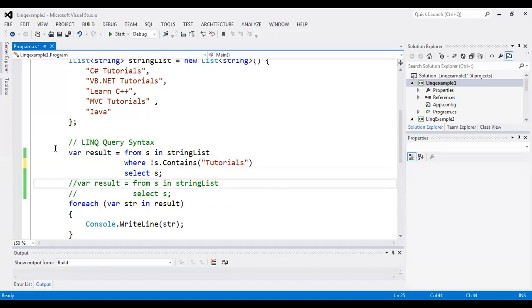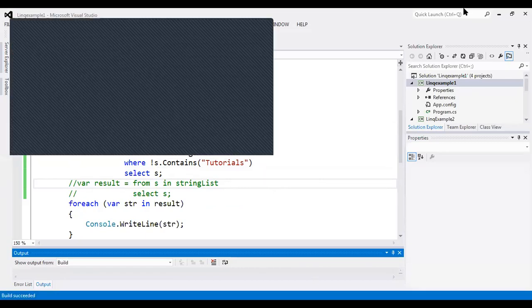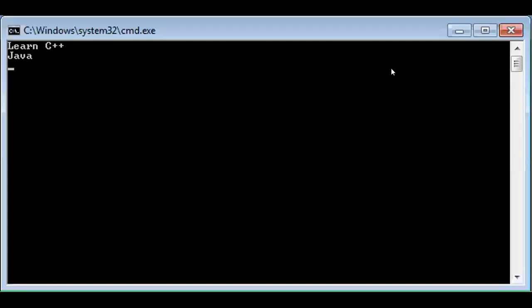Okay, so just save this and execute it. Once we save and execute, you can see it displays the output as Learn C++ and Java. So other than the C# tutorial and VB tutorial, the values will be retrieved.